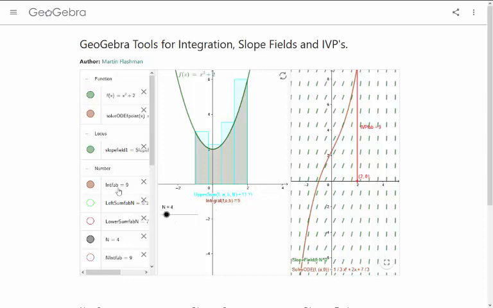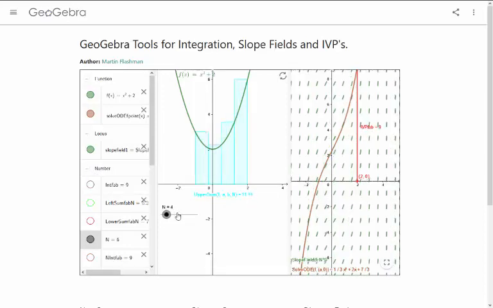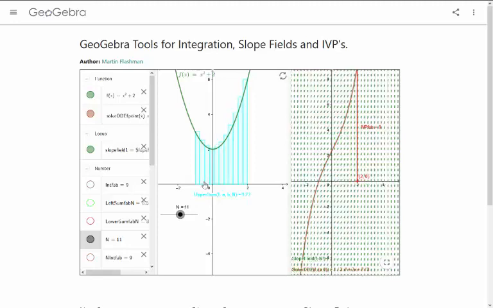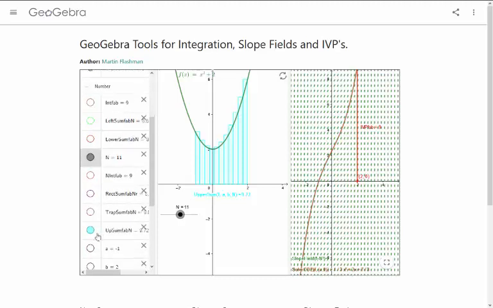We can see with this example how the number n affects this. We'll look just at the upper sum here and change that number to 8, and that gives us a more precise estimate here of the definite integral with the upper sum. And there's 11, and if I take off the upper sum and put on the rectangular sum here, that's the midpoint, and that gives you an estimate of 8.98